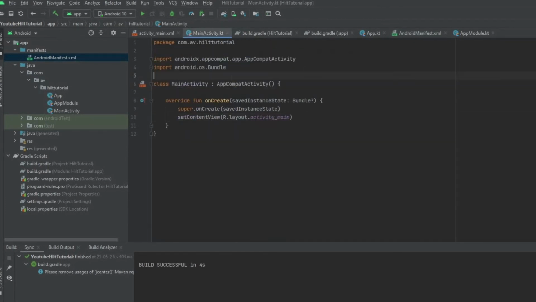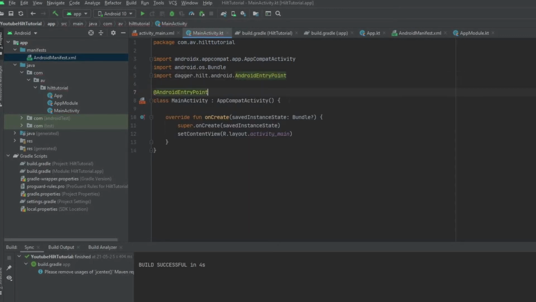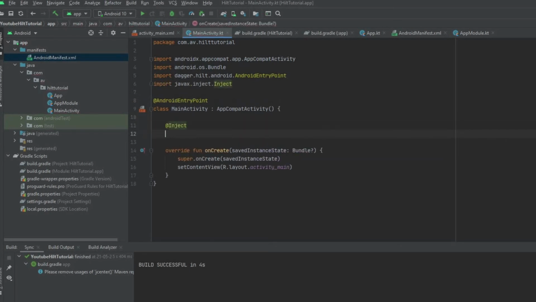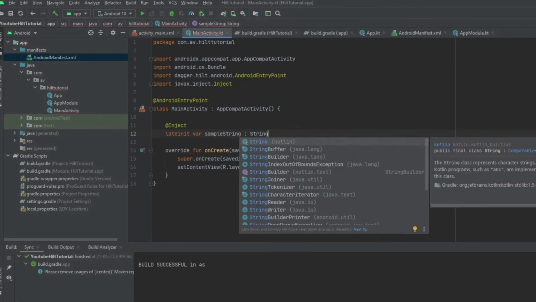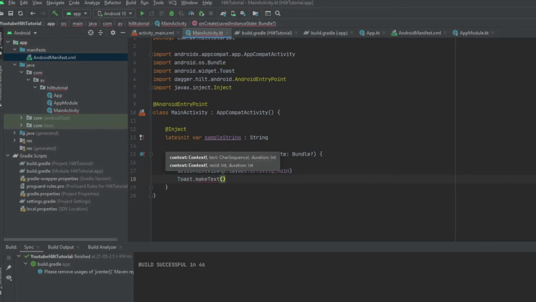Our next step would be to register the app class which we just created in our manifest. We will now head over to our main activity and annotate this main activity class with the AndroidEntryPoint annotation. This annotation is necessary as it enables this activity to be injectable. We can now inject our dependencies with the Inject annotation. To verify if the dependency injection was successful, we will add a toast with the injected string as its message.